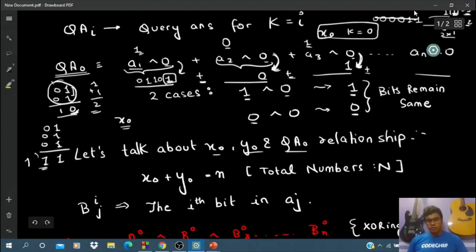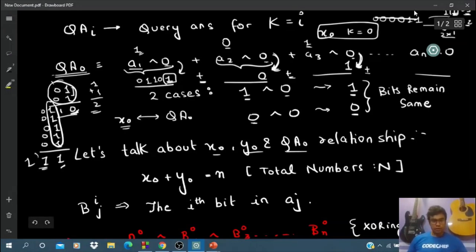Maybe it can carry over one more if we add one more. But we're only talking about this case, and for the first bit, if there are an odd number of ones, then we know that this bit will be set in the addition. Similarly, if we talk about x0, if x0 is odd, then we know that the first bit will be set in the sum of this value, because x0 is odd, and that means that x0 is basically equivalent to my qa0,